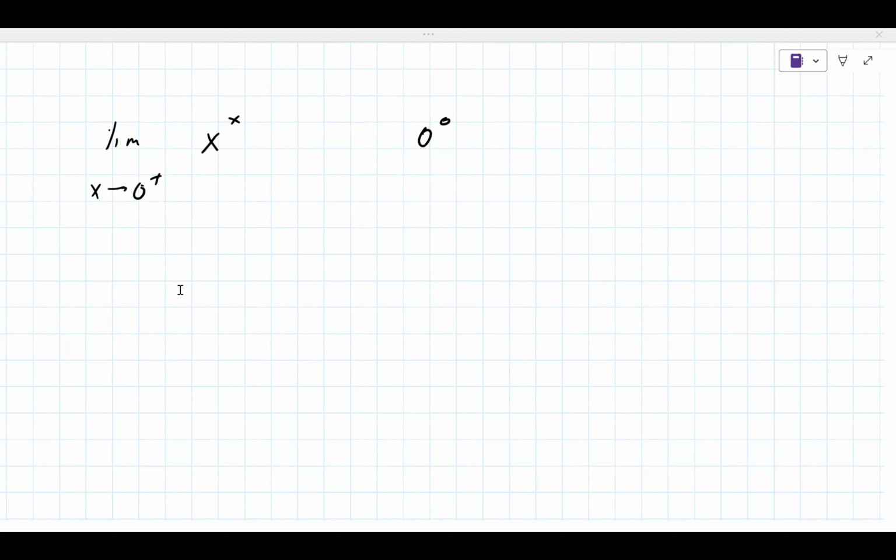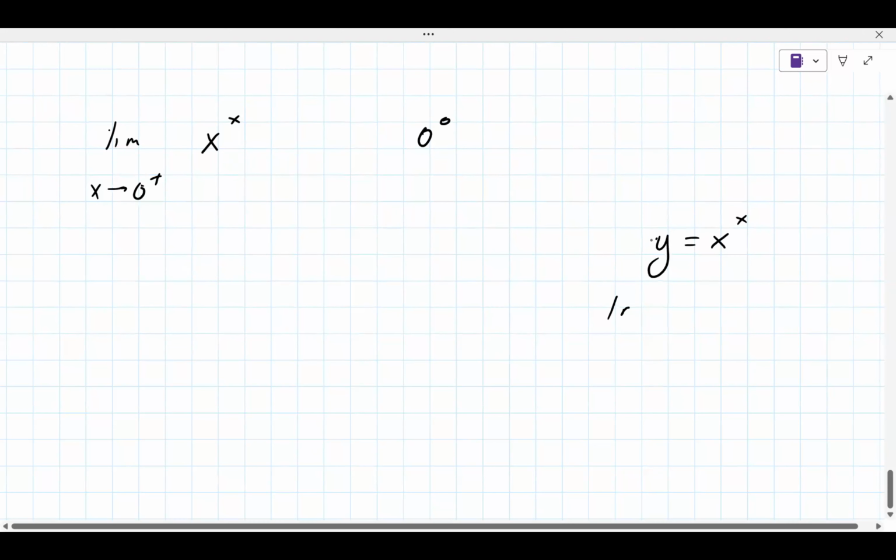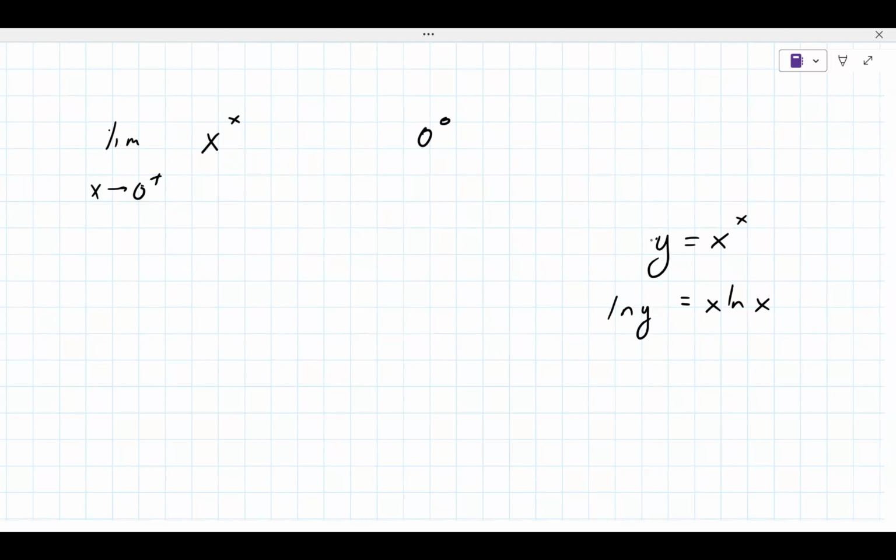And then you turn it into an equation. You make it ln, the natural log. I treat y as x to the x. You take the natural log of both sides, so it's x natural log of x, like that. So you're taking the limit here of this thing, where it's x times natural log of x, but